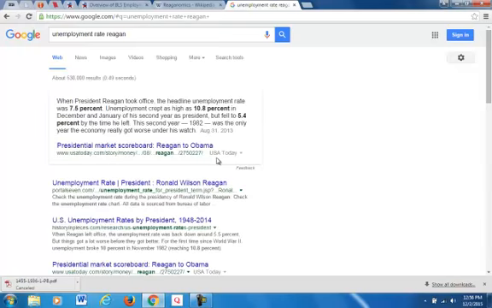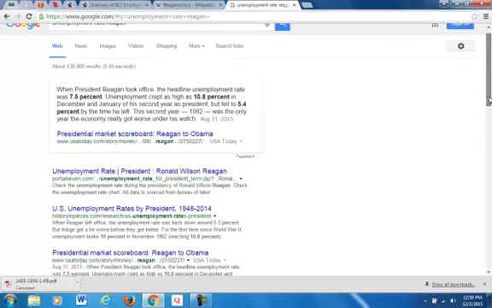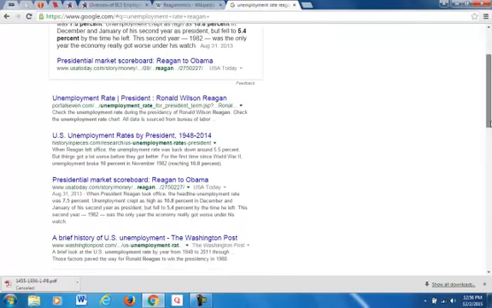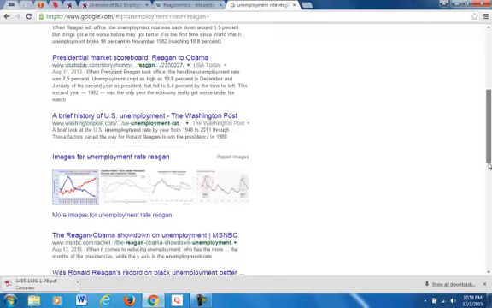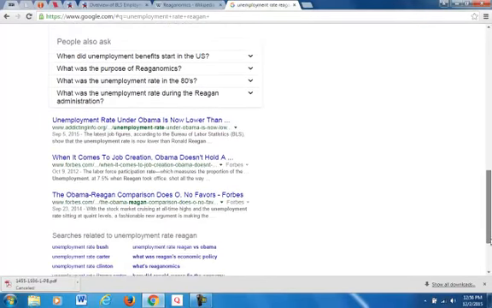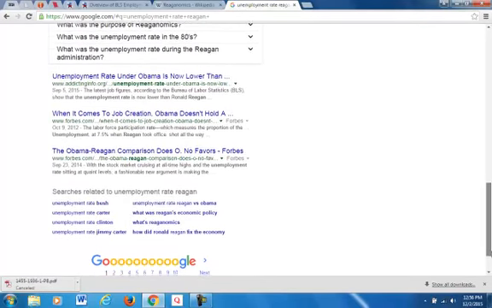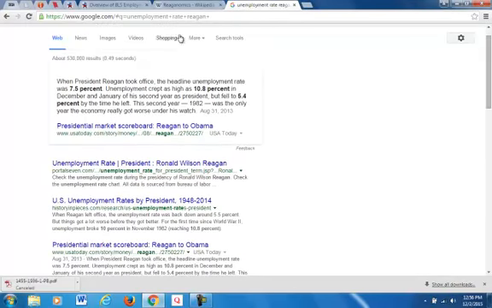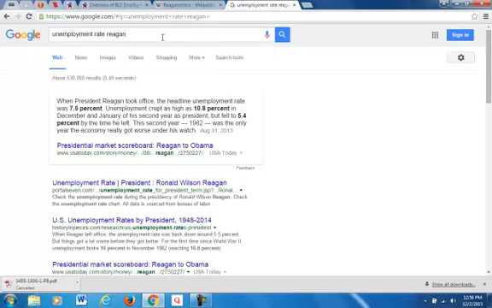I type in Reagan and unemployment rate as keywords, as that would probably provide the most results. But that seems to have given me too many results, so let's type in